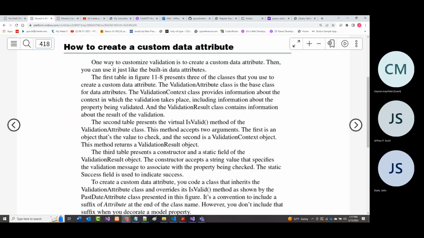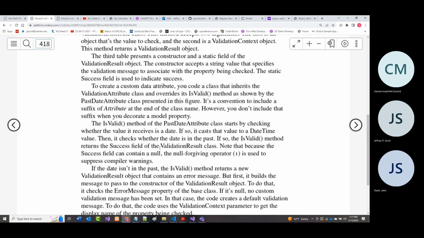You can put in there what you want to check, and then the second is a validation context object. So basically, it's a quick down and dirty check you can make. Is it valid or is it not? And the third one, as it says, provides a constructor, all right, which accepts a string value. So again, you can go as nuts with this as you need to.